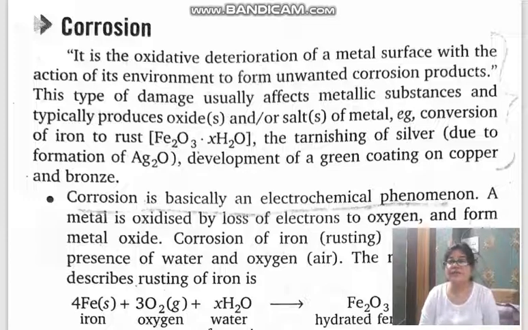It is the oxidative deterioration of a metal surface by the action of its environment to form unwanted corrosion products. This is not only concerned with iron. Corrosion can be on zinc also, where we get a green color tarnishing. So this is the oxidative deterioration of the metal surface. That means the metal surface is distorted because of oxygen. For example, the zinc surface gets distorted, the iron surface gets distorted, as a reaction of oxidation occurs. Now this type of damage usually affects the metallic substances and they produce oxides, and then